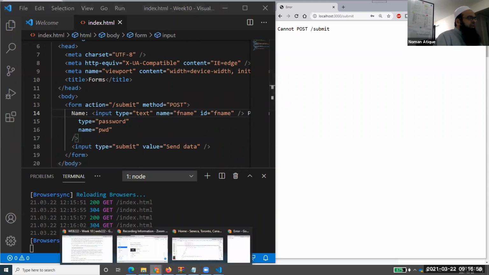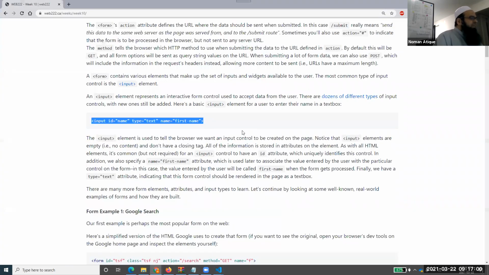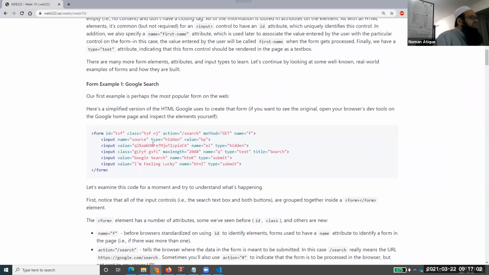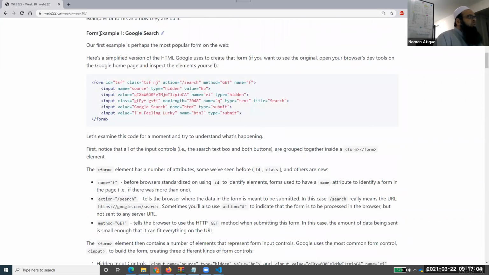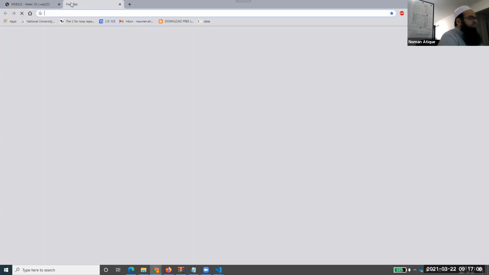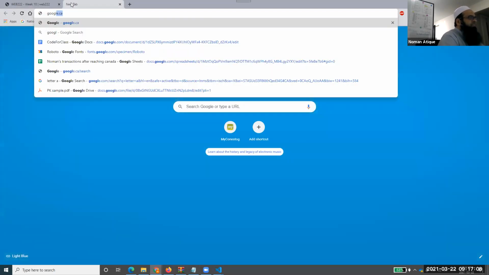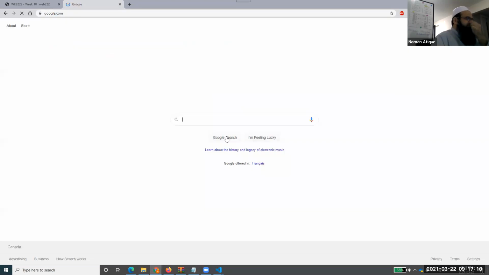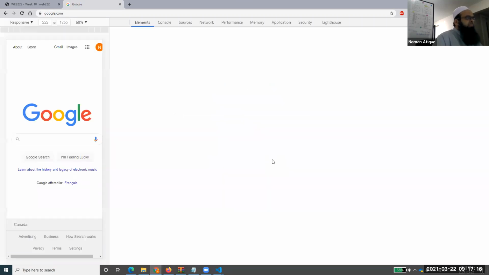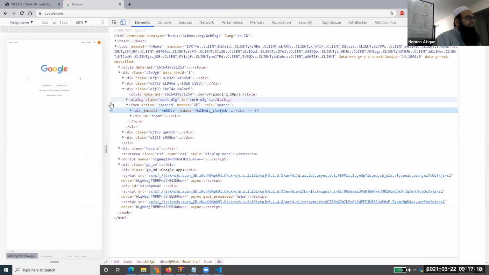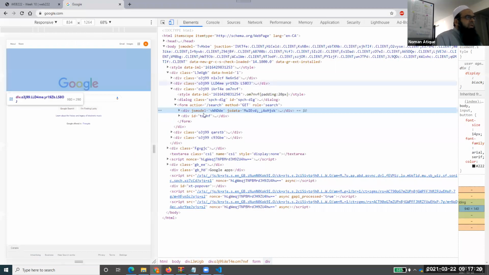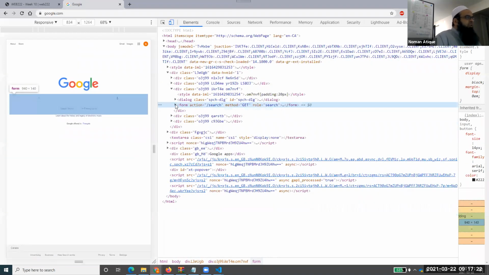A form can have multiple fields, and if you see our Google search, let me go to Google search and show you the form. Okay, this is our Google form. Let's go to inspect and see what is going on. Do you see the form here?